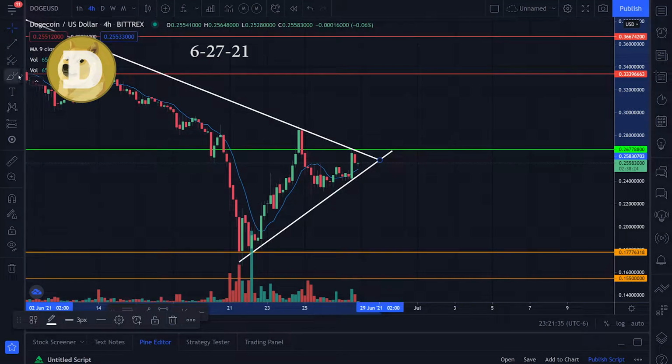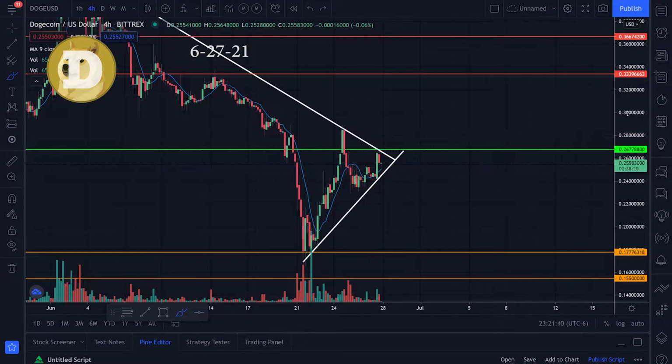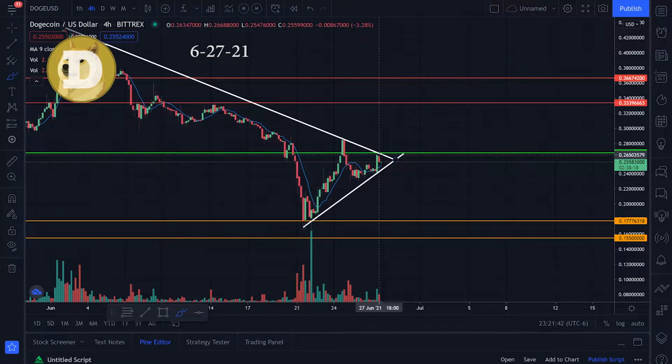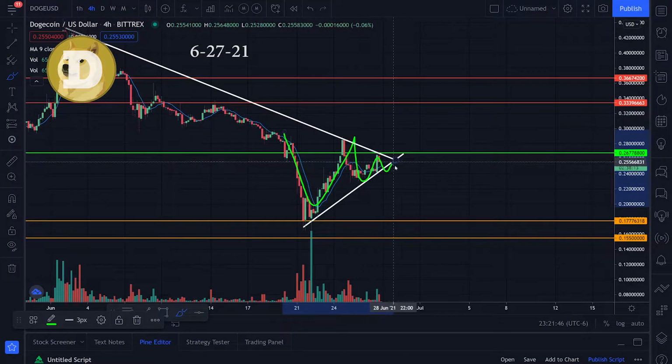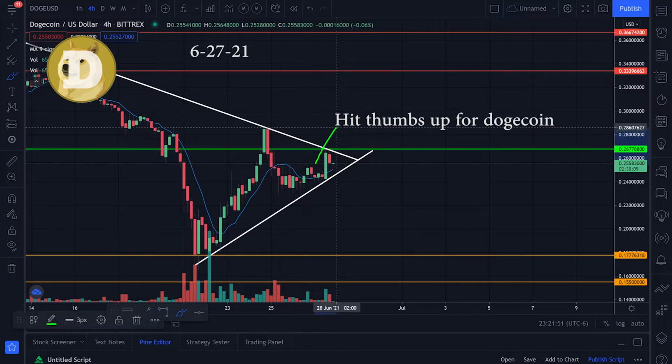So what I'm looking at now is I'm going to move the trend line to the pump right here. I'm going to move the bottom of this trend line to the pump right there, and you can see that actually we're getting some more resistance right here, but it does look like we are getting a triangle pattern right here again. I'm not sure if it's just going to be a fake out when it breaks to the upside